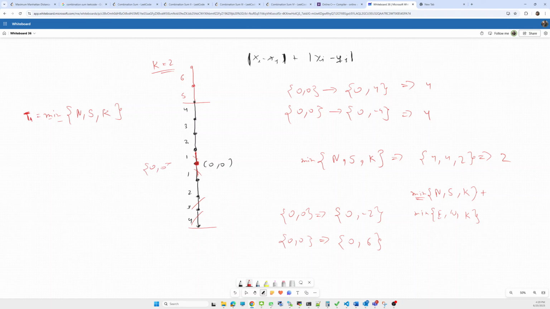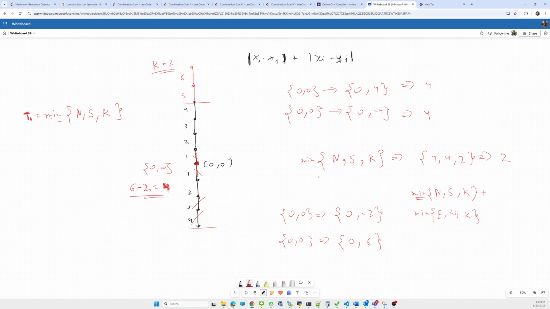But now the change is that we go 6 amount north and only 2 amount south. So what will be the difference? 6 minus 2 will be 4. Previously 0 comma 0, now our resultant will be 4.